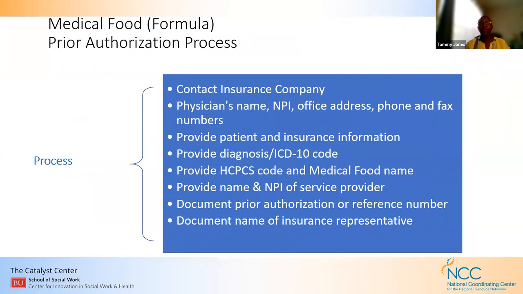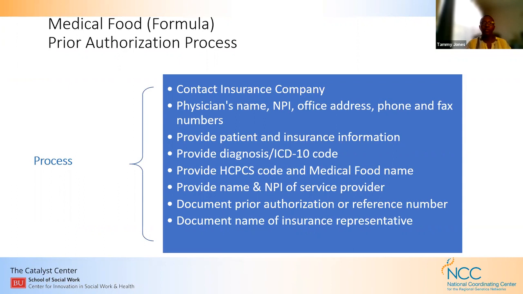When it's time to do your prior authorization, there are some elements that you will undertake. First of all, obviously, you'll contact the insurance company. You'll provide that insurance company with the physician's name, NPI number, the office address, and all of the demographics so that they're able to contact you and reply with a decision. You will provide the patient's insurance information,